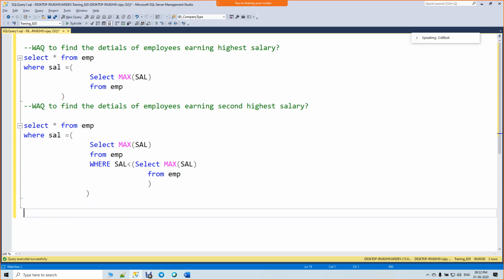Next question. Write a query to find the details of employees working in the sales department.